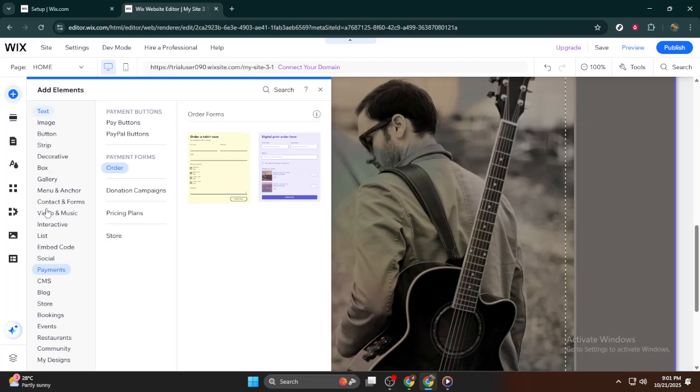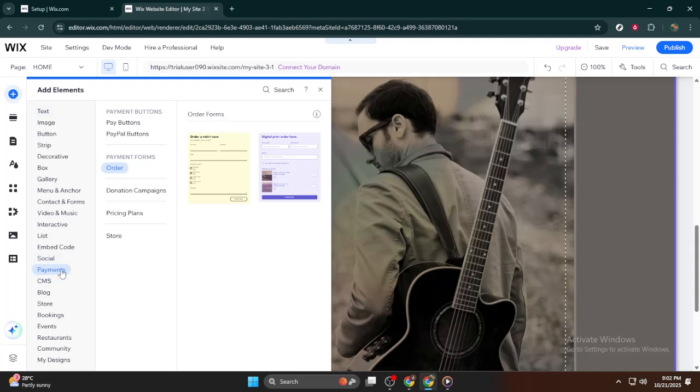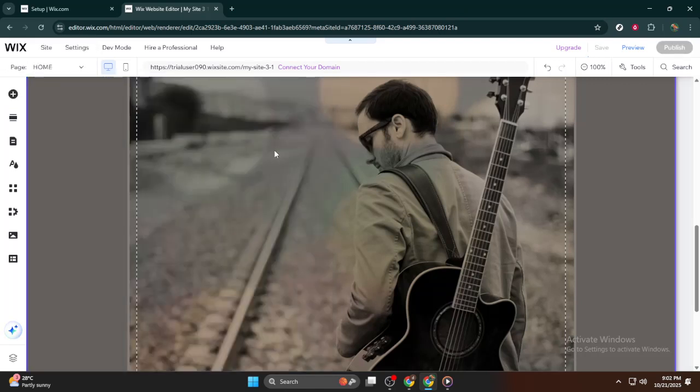Scroll through the menu until you find the Payment section. Here, you'll see the option for an order form. These forms are pre-designed with e-commerce needs in mind, offering you a selection of templates to choose from. Take your time to browse the options Wix provides and select a template that aligns with the overall aesthetic and functionality of your website. Once you've made your choice, it's as simple as clicking, dragging, and dropping the form onto